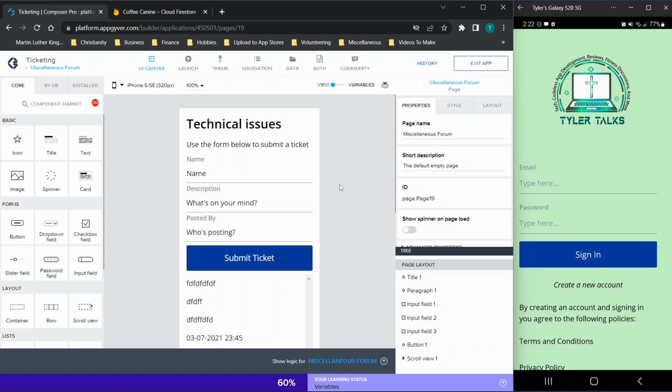Today's video is covering the basics of how to create a ticketing application, so we're going to be making this completely free without code. I'm going to be walking you through what the final product will look like over here on the right where I'm screen mirroring my phone, and then we're going to walk over how to actually use this application. Now I'm excited for this one because it's a little bit more complex, but it actually uses almost